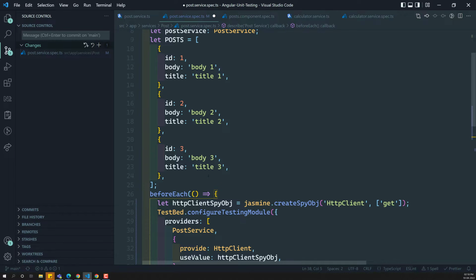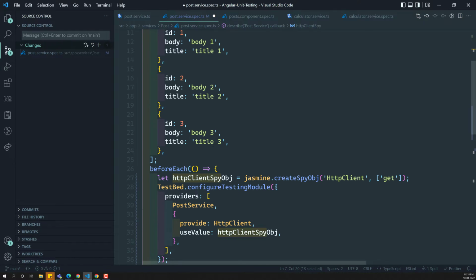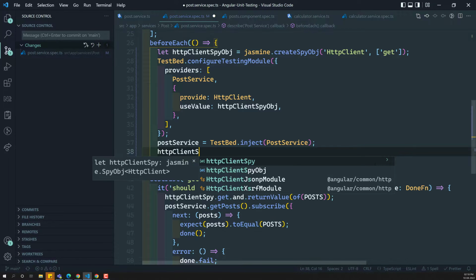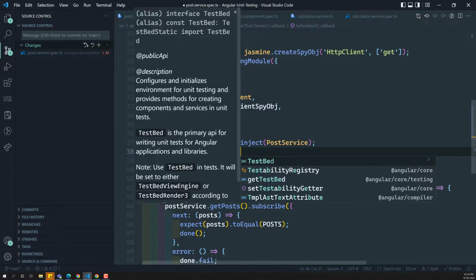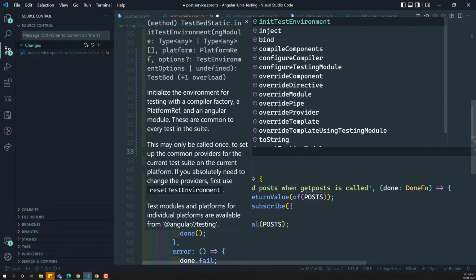What I can do here, we are having this global thing. The HTTP client spy has been created here, and I can use it. If you want, you can also use this HTTP client spy object as a global thing. It's not a problem. But I am showing you another way, how we can get the instance from the TestBed. TestBed.inject of